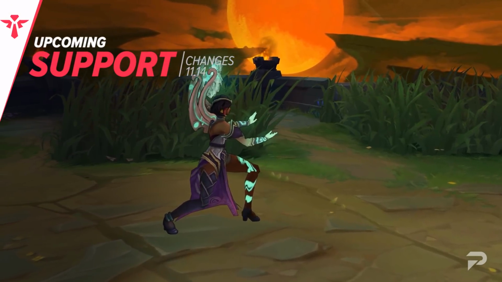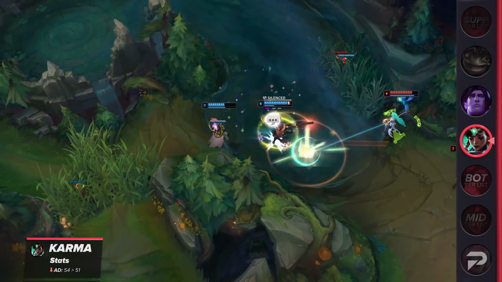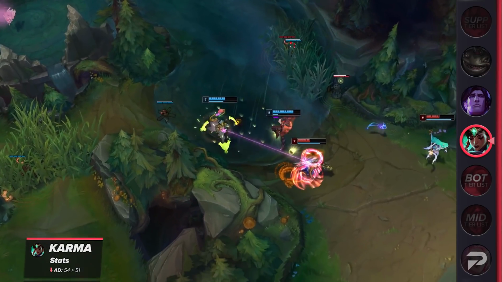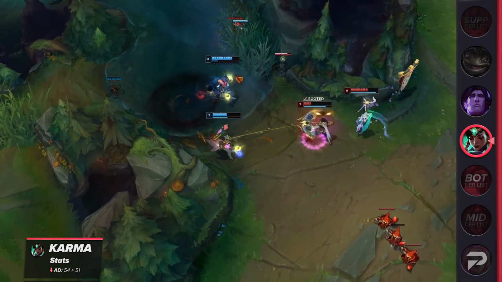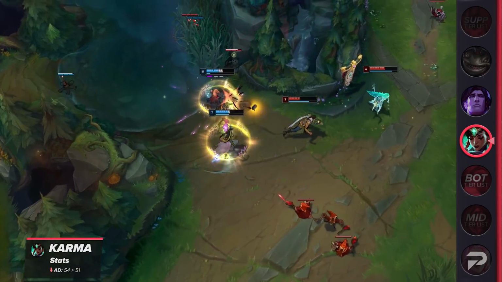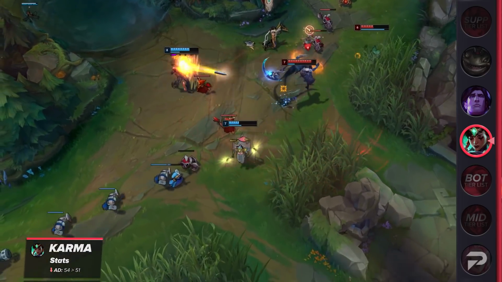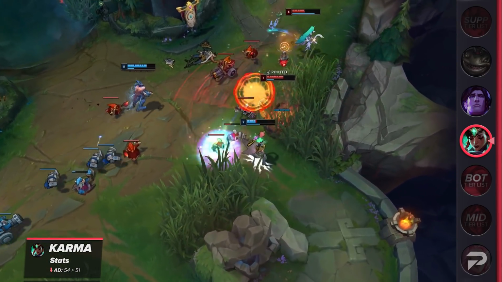Kicking off supports is a nerf to Karma. Her base AD is going down from 54 to 51. Recently, Karma has been gaining a lot of popularity in high elo. Following a dominant early game, Karma can easily scale up and become one of their team's most impactful members. Although her win rate is quite low, players default to her because she's a rewarding and powerful pick in lane